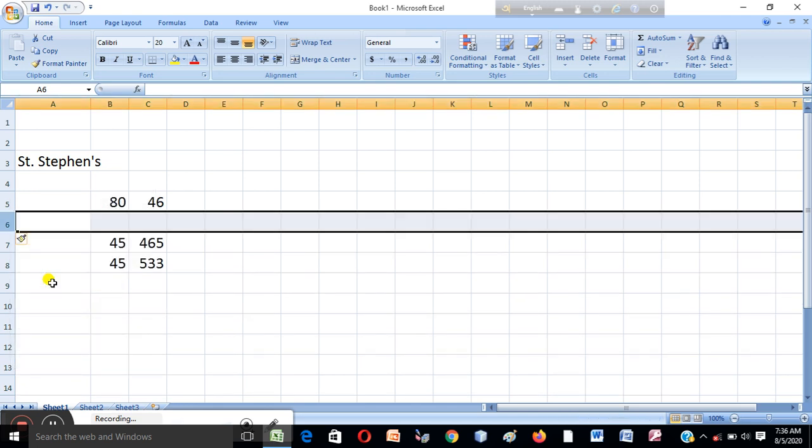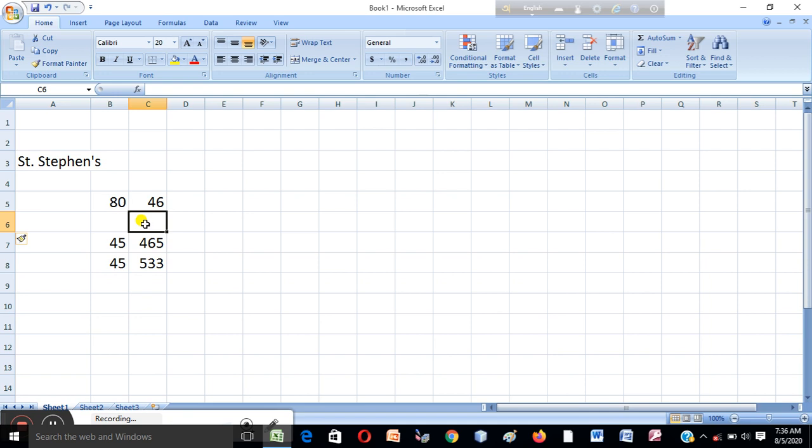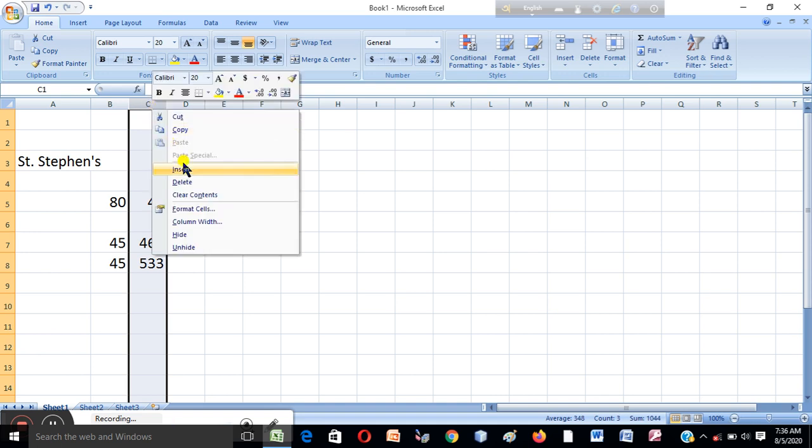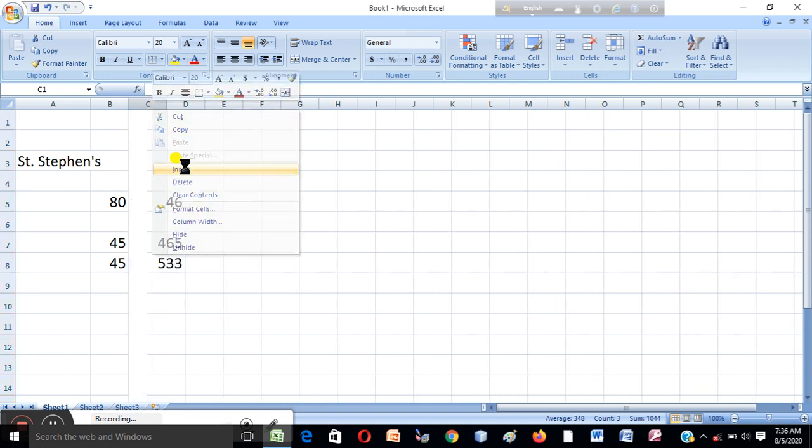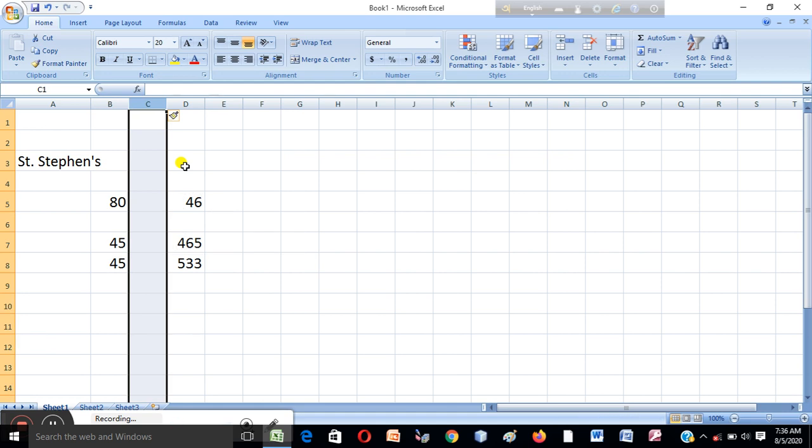When you click on insert, one row will be inserted. Look, one row in between these two values. And if you want to insert a column, then select a column, right click, then click on insert, then a column will be inserted.